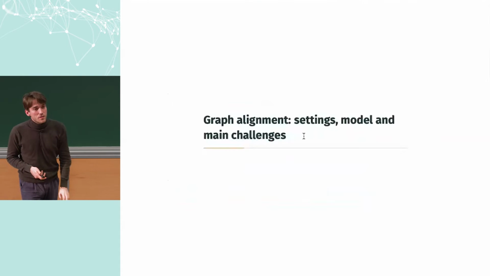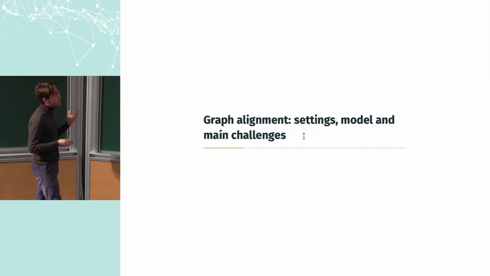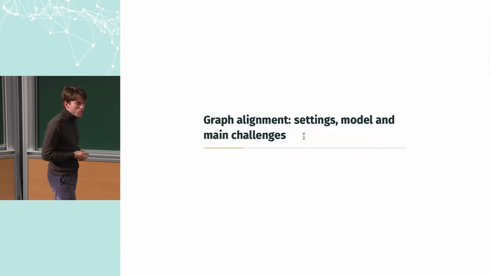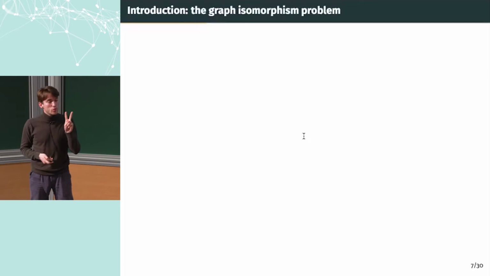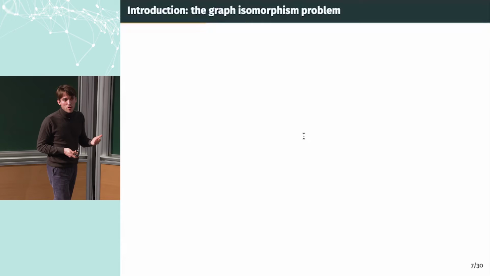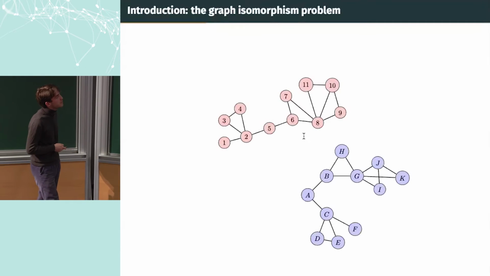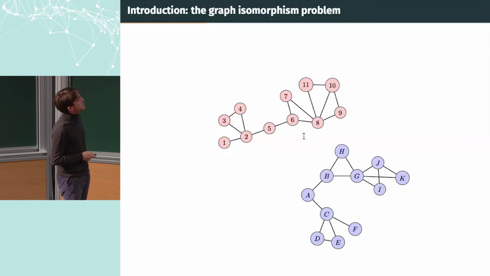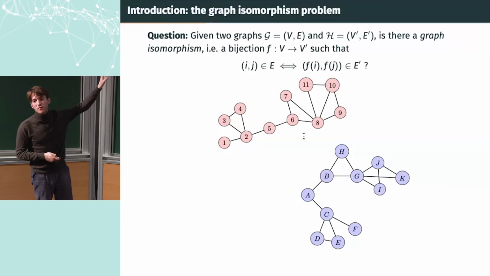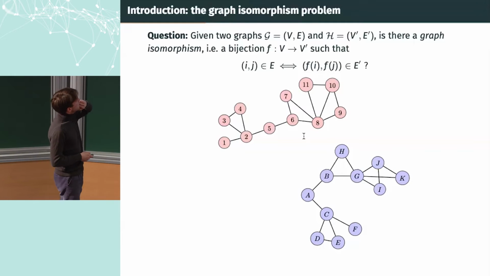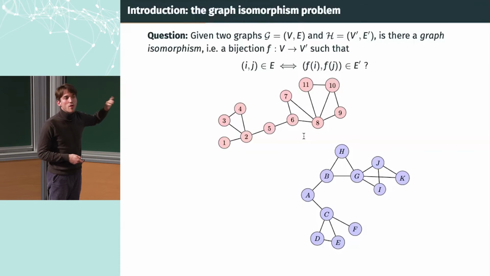I will delve into one of these fundamental problems, which I will describe now. This is the topic of graph alignment. So what is graph alignment? In our problem we will have two graphs, and this problem arises from a very famous one, graph isomorphism. You have two graphs, and you want to find a bijection between the two node sets. Imagine they have the same number of nodes, such that this bijection preserves adjacency. That's exactly the graph isomorphism problem.